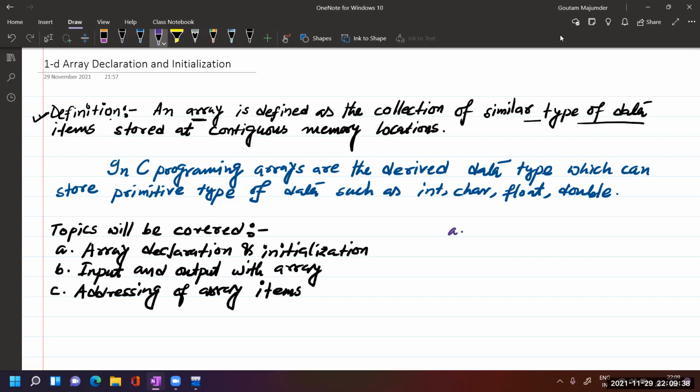Such as we can have a list of marks of a student in all the subjects for a particular given exam. Then we also can have a list of ages of a particular group of people.